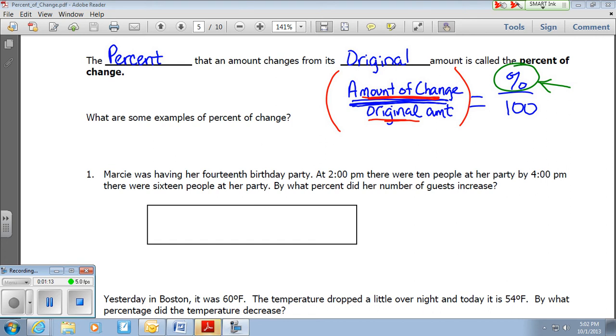So let's do some examples. I'll show you how to use the formula, how to use that proportion, and also how to use a percent bar. So I'll set these up for you. On the first one,